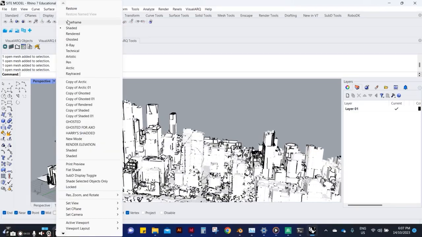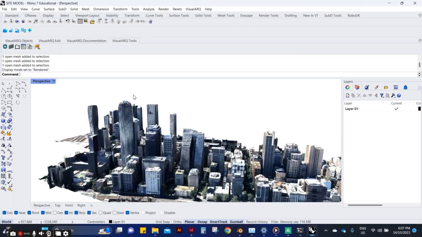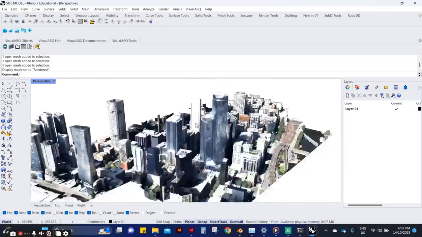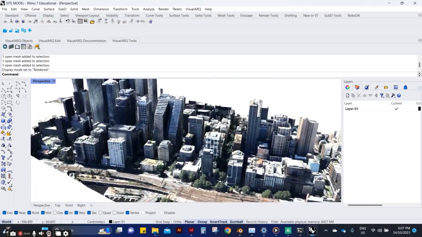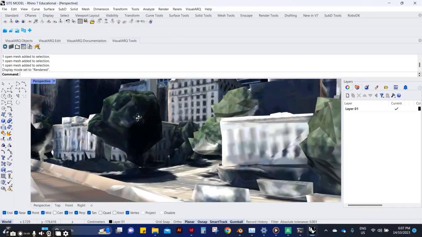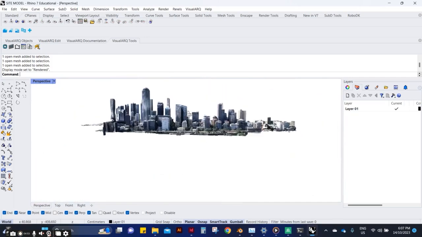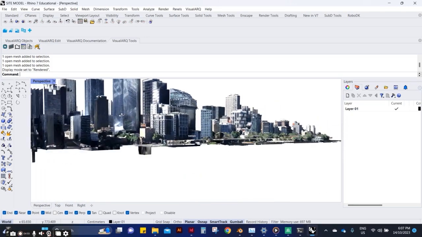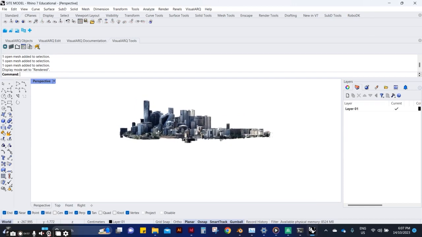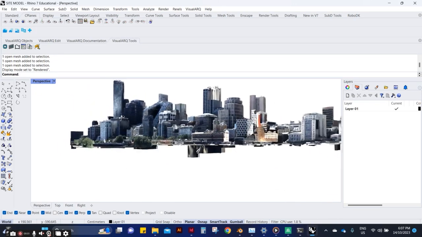But if we go into rendered mode, give it a second, it should show all the material. There we go. So this can be handy if you want to just model your building in place and then maybe, oh, it's not great, the look, but it can be good if you need this in the background and you want it to accurately represent what that horizon might look like. You have all these built